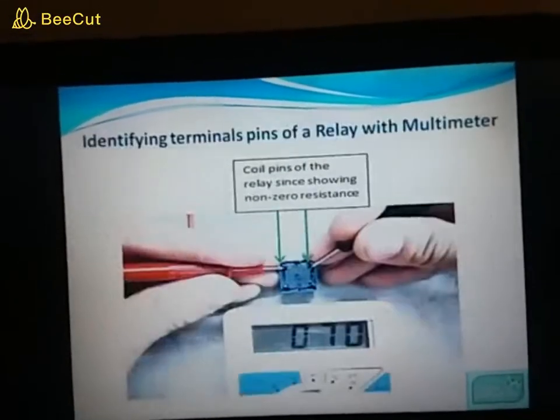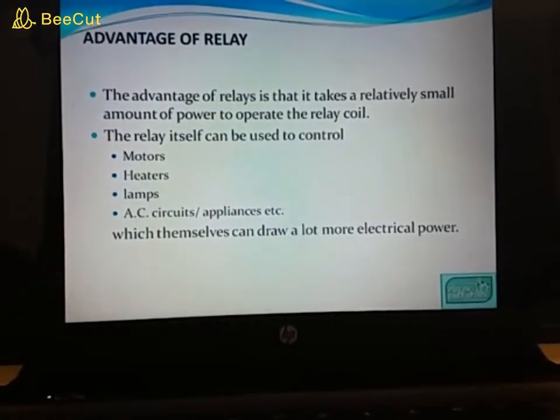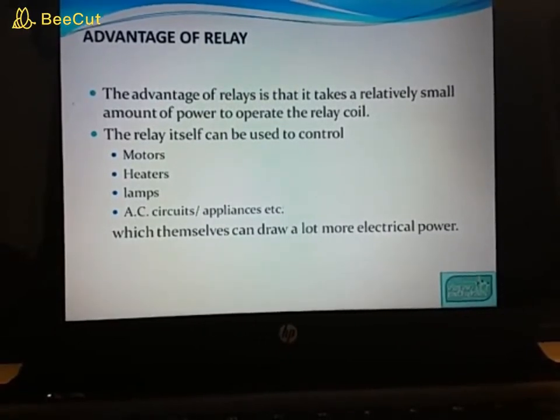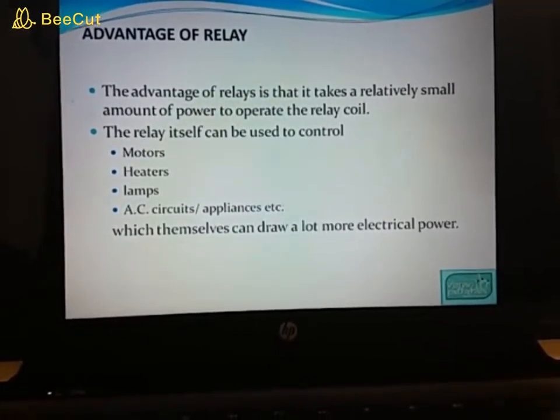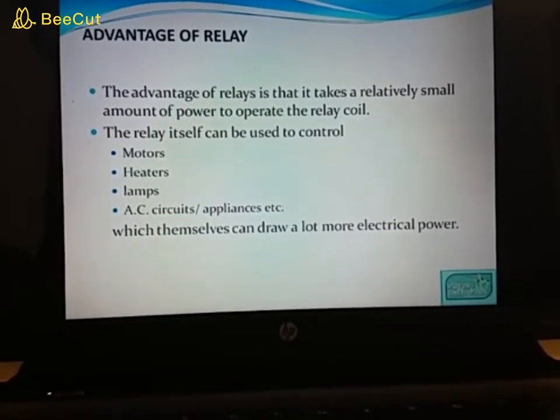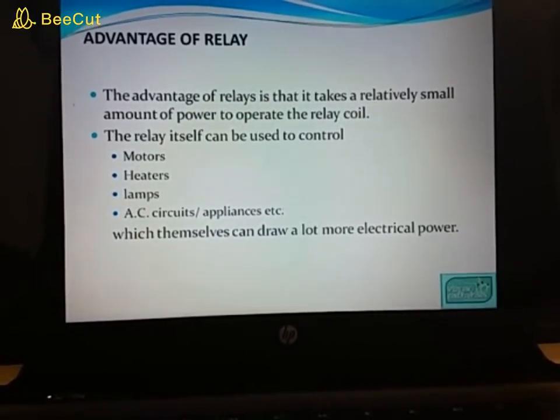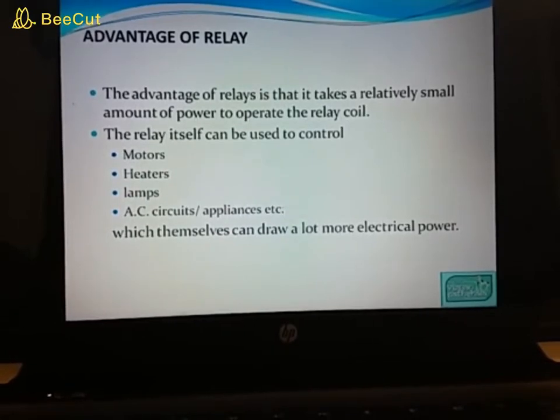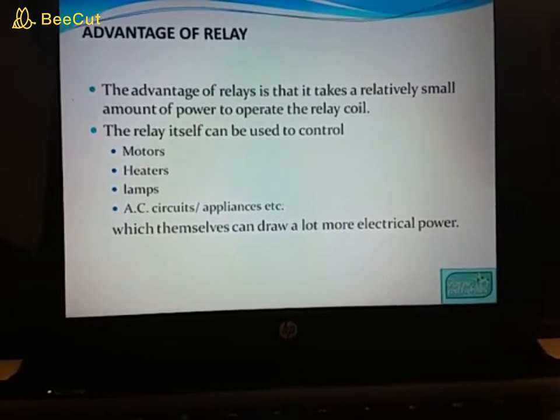Now move further. Now finally I am going to tell you all about the advantage of relay. Prior I taught you all, friends, that relay is used to switch a small current into a higher current. It only switches, it does not generate or produce. Then what is the advantage?